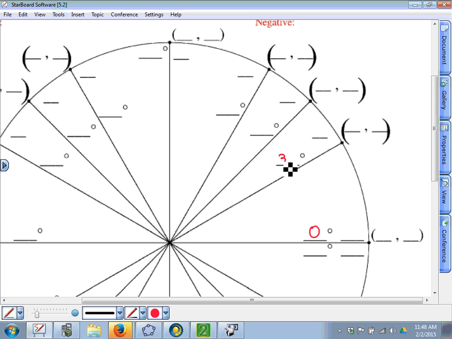So from 0 we go up to 30, and then from 30 to 45, 45 to 60, and then we have a larger gap. That's a gap at 30, so 60 goes to 90. And we have another gap at 30, so 120, 135, 150,